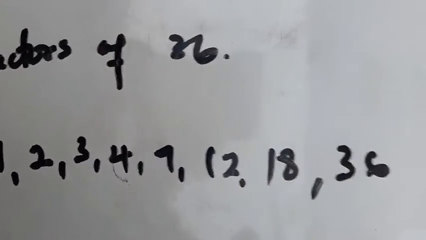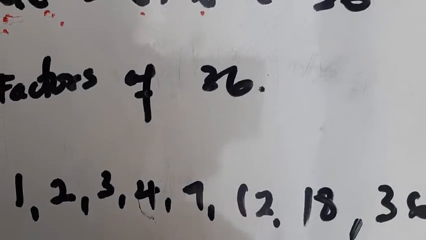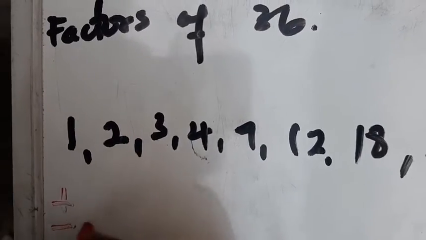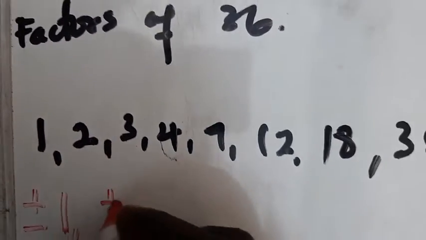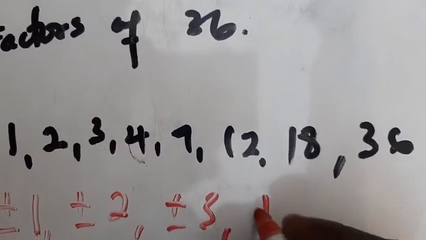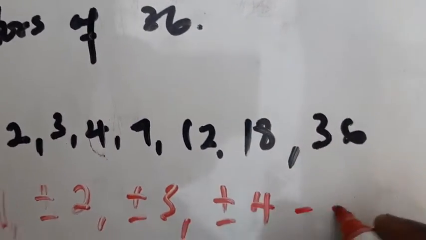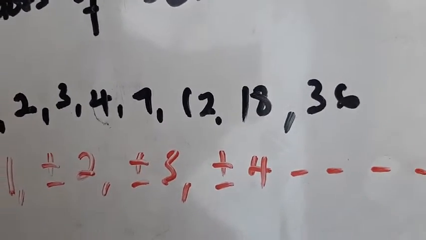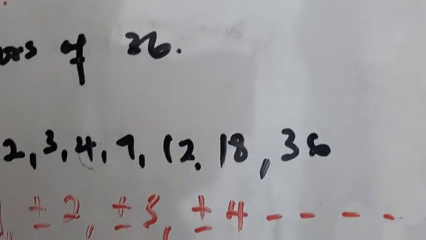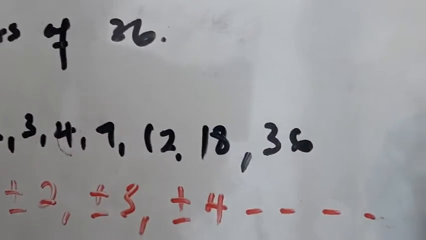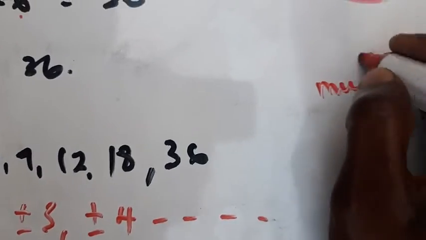Now look at the trick here. Once you have the factors here, you need to add positive and negative to all the factors. So here we are having 1, so positive or negative 1, comma, and then positive and negative 2, comma, positive and negative 3, comma, positive and negative 4, and so on and so forth. Is that okay? Now why are we doing this? We are doing this because you want to pick any of the two factors, right? Any of these two factors that first, if you multiply,